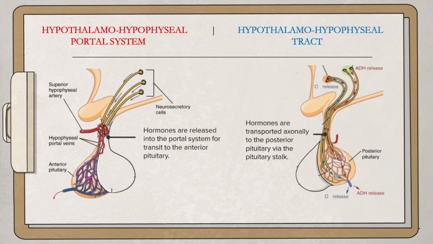The connection between the pituitary gland and the hypothalamus is different anatomically and physiologically. The first one is the hypothalamo-hypophyseal portal system. A portal system means transport of blood between two sets of capillary networks, but it is different from the portal system of the GI tract, where all the nutrients are carried by the portal vein. However, these vessels